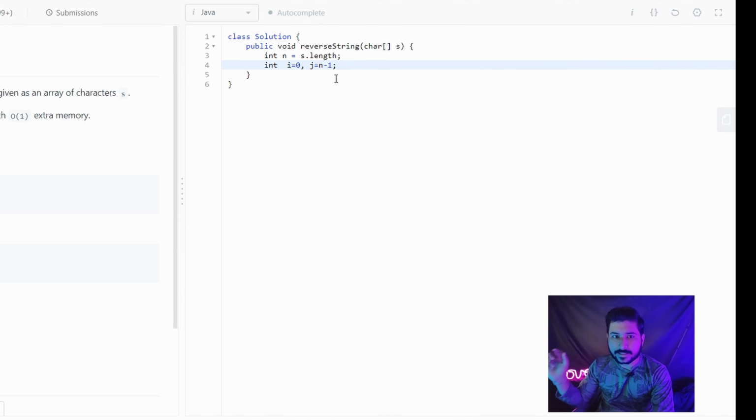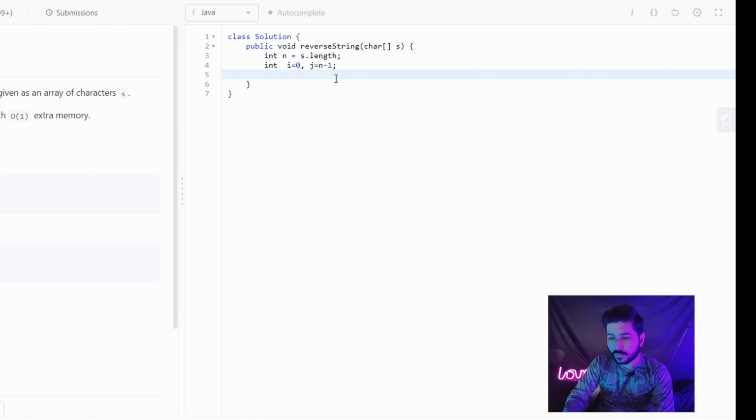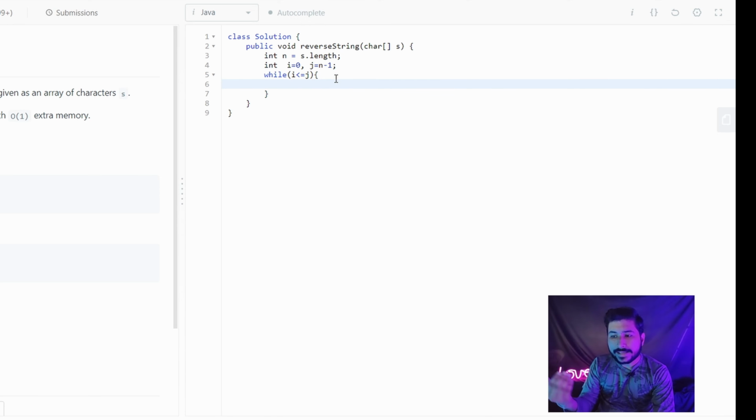That is the index that we wanted. So we have both the indexes. Now we will put a while loop and check if i is less than or equal to j. This is our condition. While i is less than or equal to j, we want to swap. So we will create a function named swap.